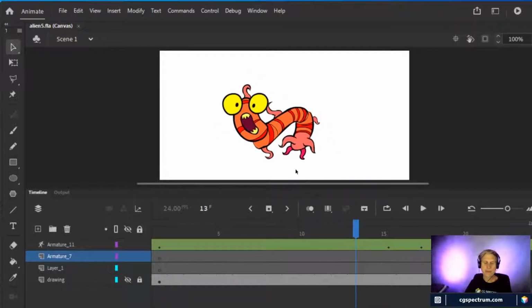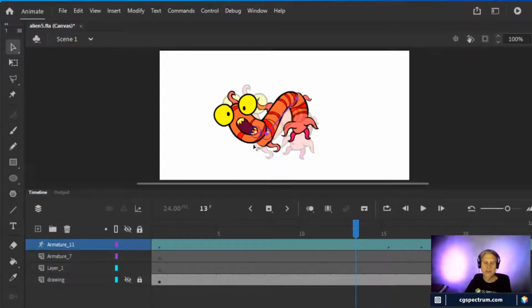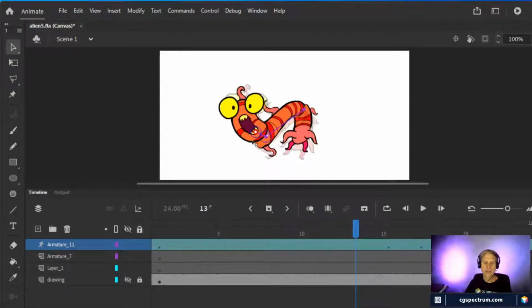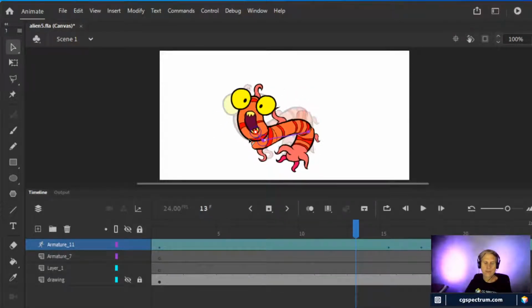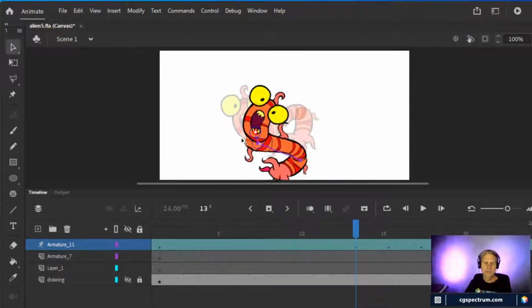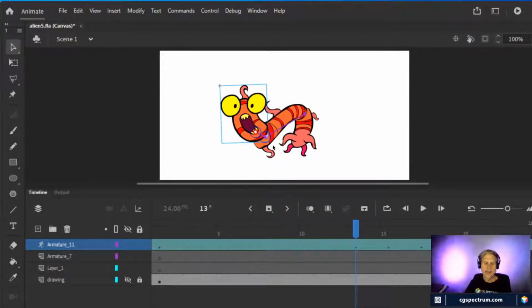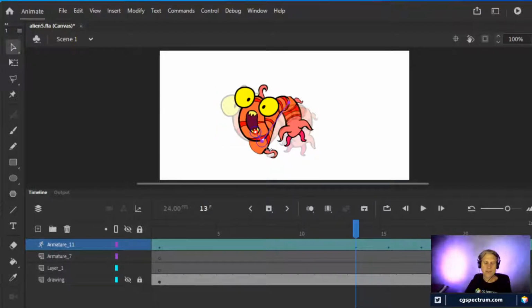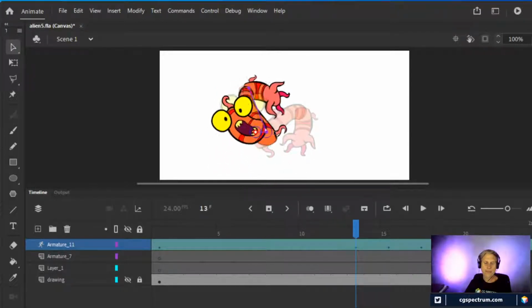You can see that there are 3 distinct layers, and that they're set up so that I can grab the entire body, like so, and rotate it. I can also theoretically move it, but not right now. And then there's this second joint, which is the middle part. See, it's kind of clunky.